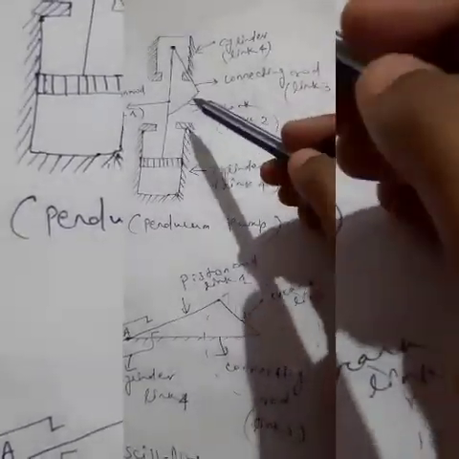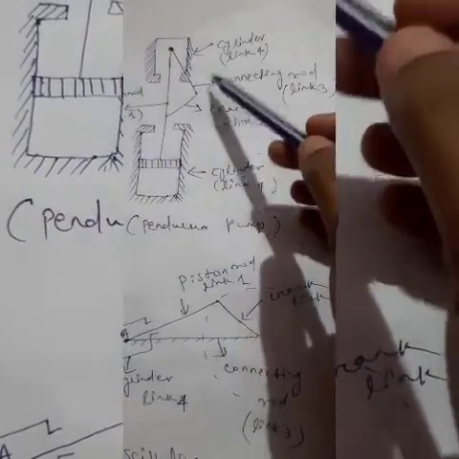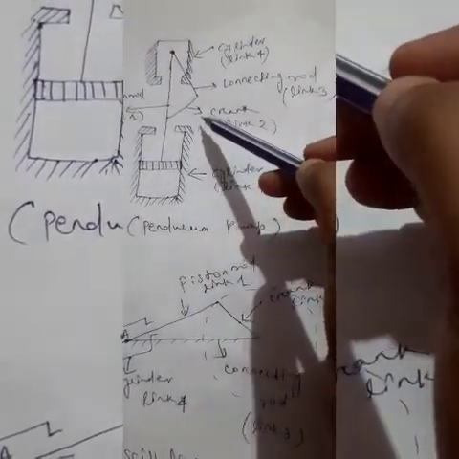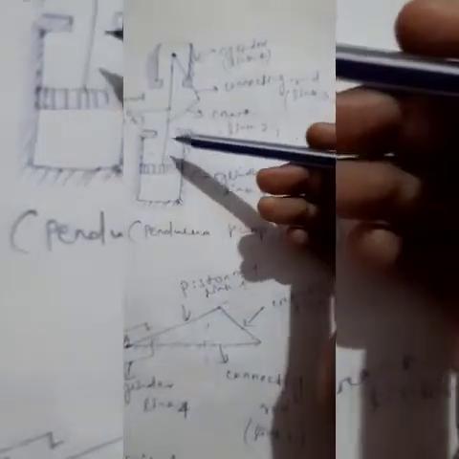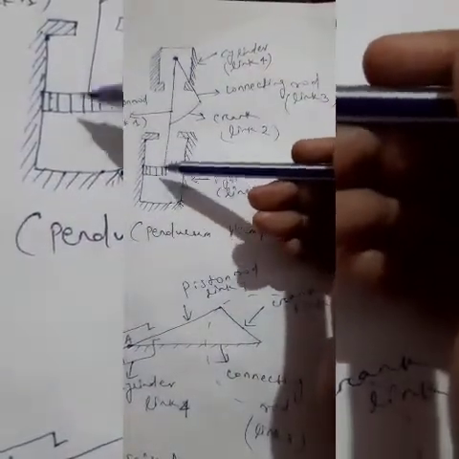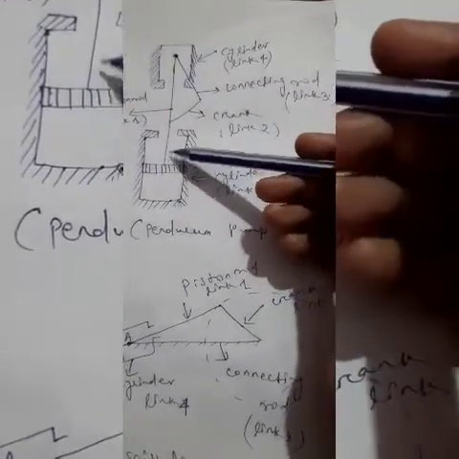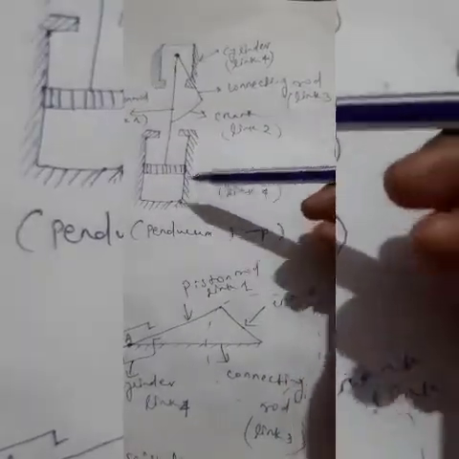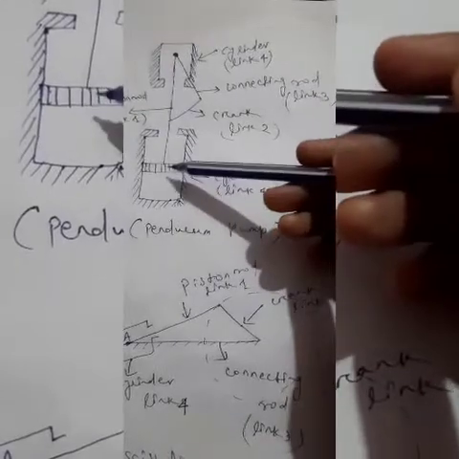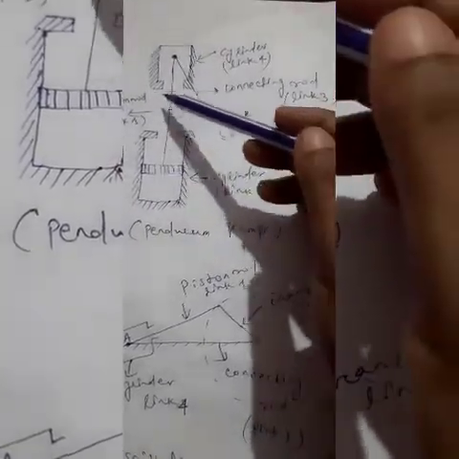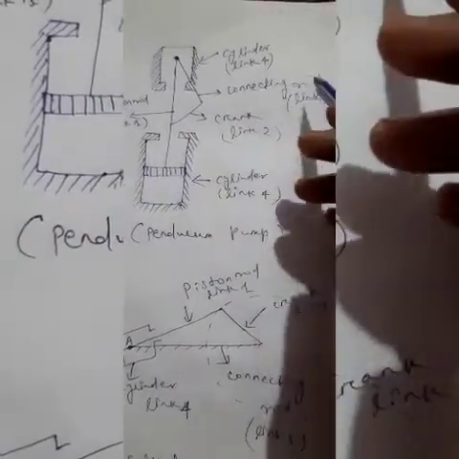Here there are 3 turning pairs. The crank and connecting rod form one turning pair, the piston rod and crank form another turning pair, and the connecting rod and the piston rod form another turning pair. The piston and piston rod move in the same direction, so they are the same link, and this piston reciprocates with respect to the cylinder, so it forms a sliding pair. So basically it converts the rotary motion of the crank into the reciprocating motion of the piston.